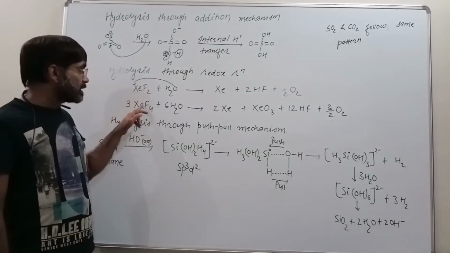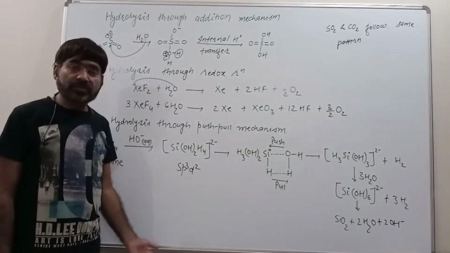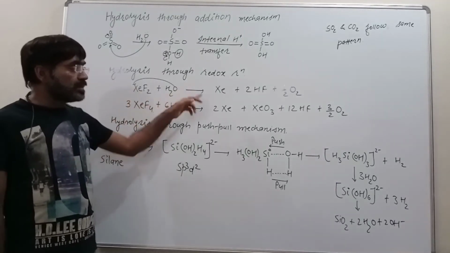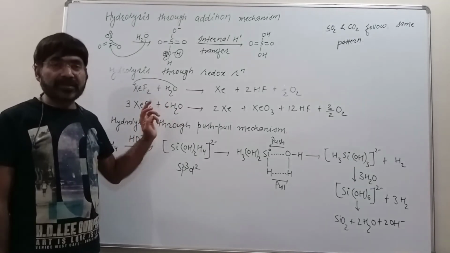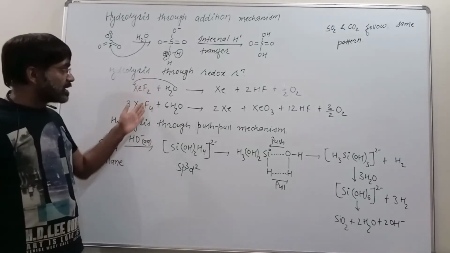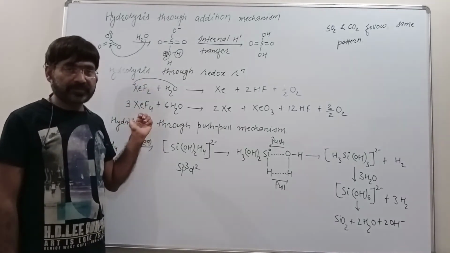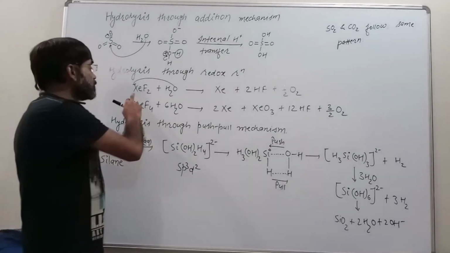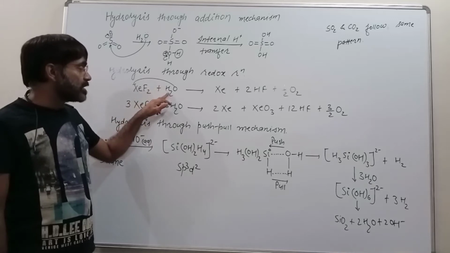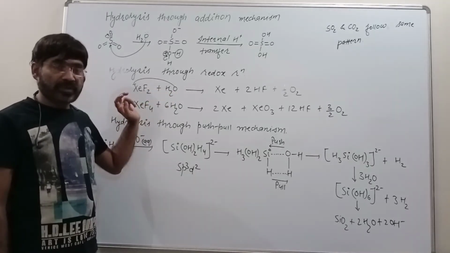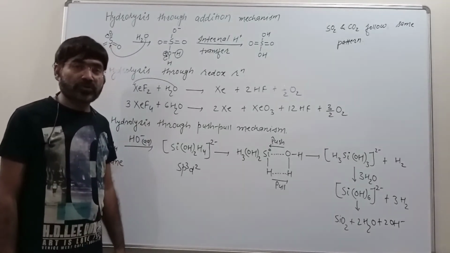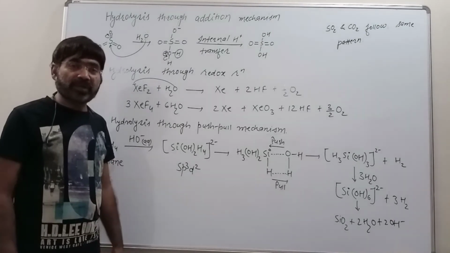And if it is undergoing reduction, then it will be causing oxidation of something. This is because of its tendency to remain in zero oxidation state. It is getting reduced, and as it is getting reduced, it is oxidizing something. That is why these reactions are accompanied with redox changes. So now xenon can cause oxidation of what? Here fluorine is in -1 oxidation state, H is in +1, and O is in -2. H +1 cannot be further oxidized because hydrogen contains 1 electron only, so it cannot acquire more than +1 charge.